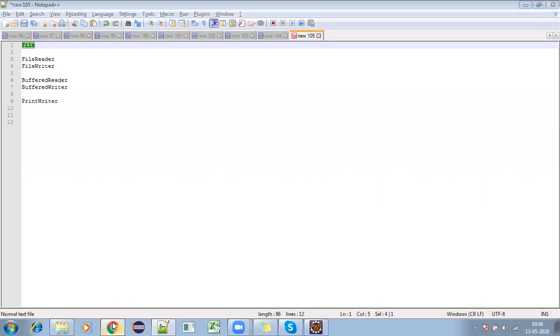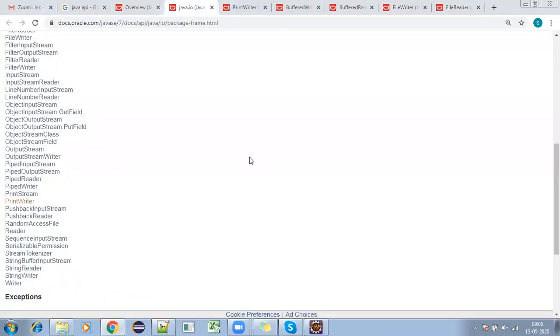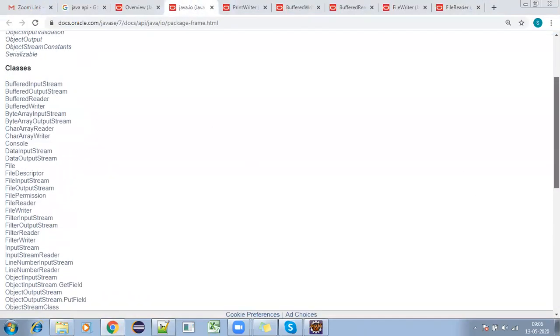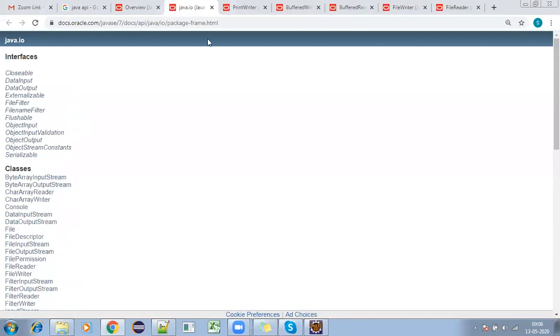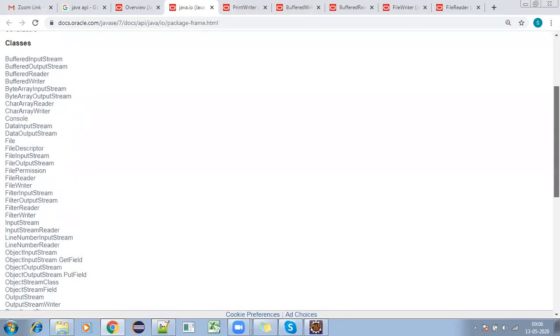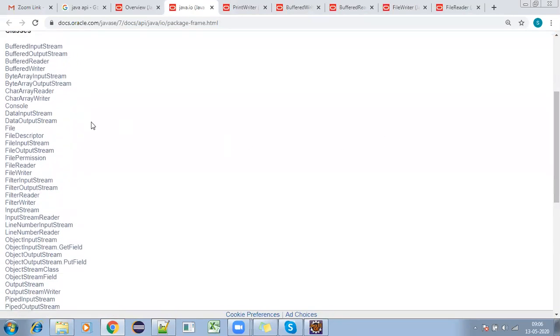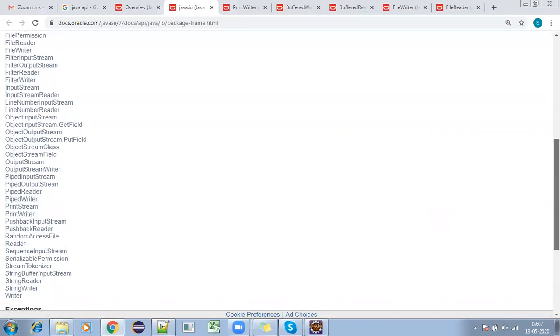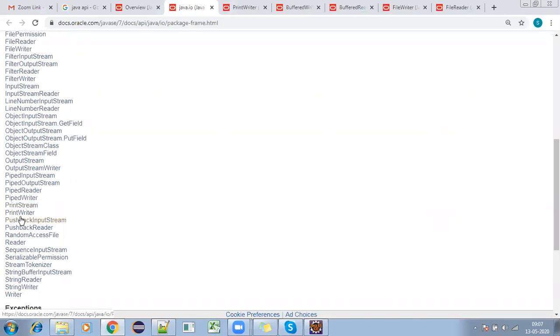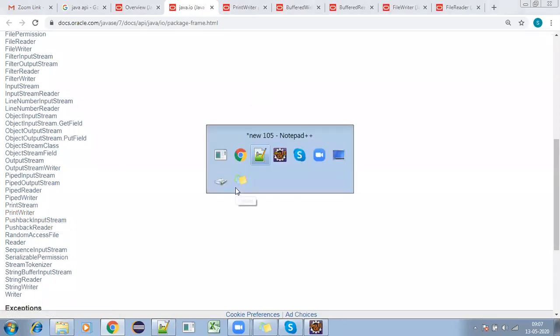These are from the java.io package, which means input output streams. So here we'll be having these many classes: file reader, file writer, buffered writer, buffered reader, and the final thing is print writer. These are the classes we'll be going to discuss, and we'll go one by one.